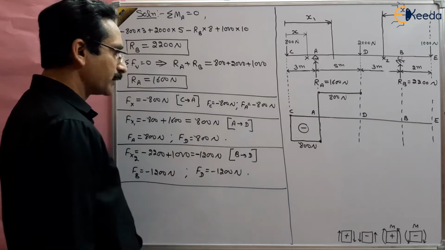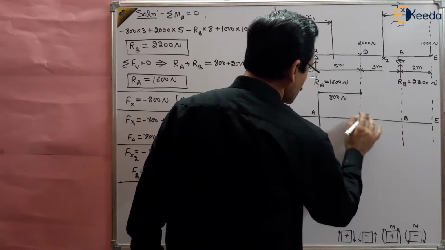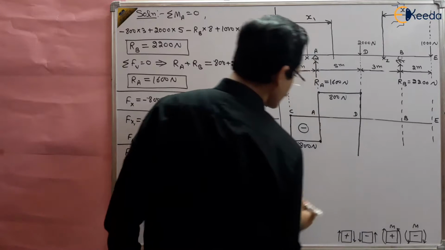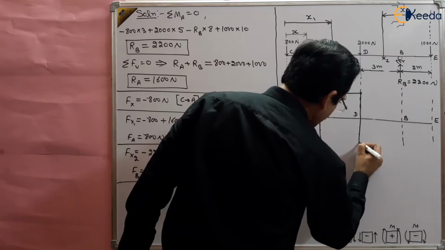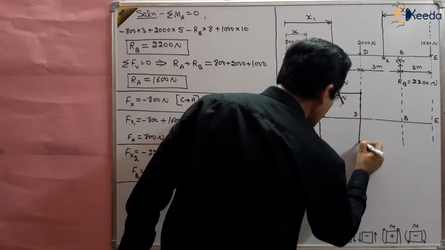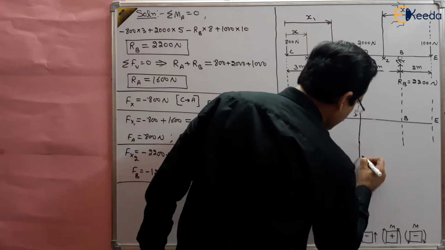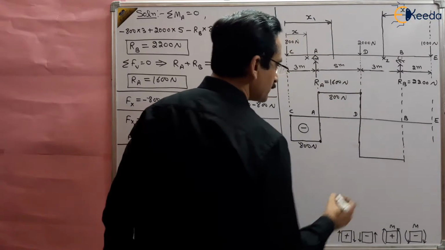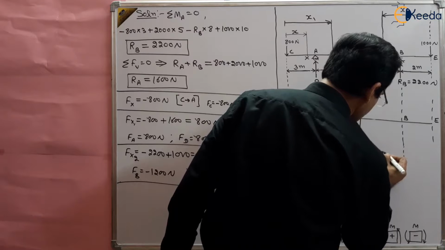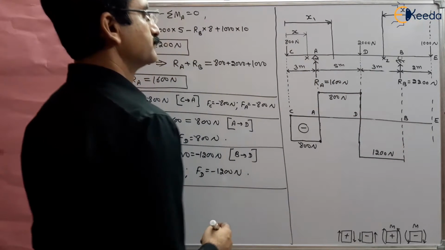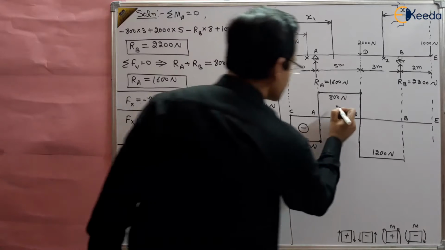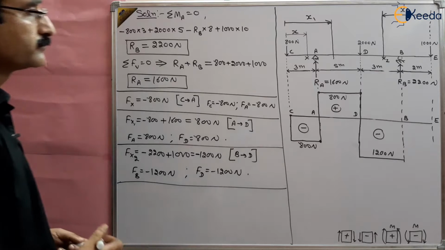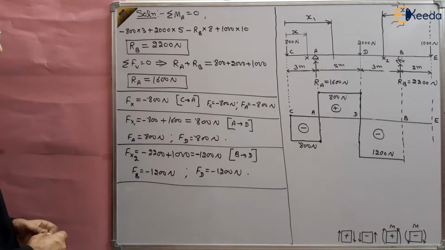And this is the next part of this shear force diagram. So it is minus 1200, from positive 800 to minus 1200. This is a straight line like this. An abrupt change is observed like this, and then it is valid between B and D from here, right? So this value is 1200 Newton, right? And this is positive and this is negative.